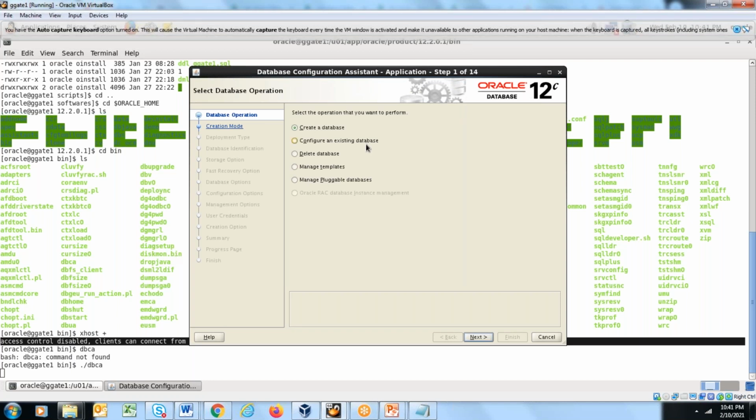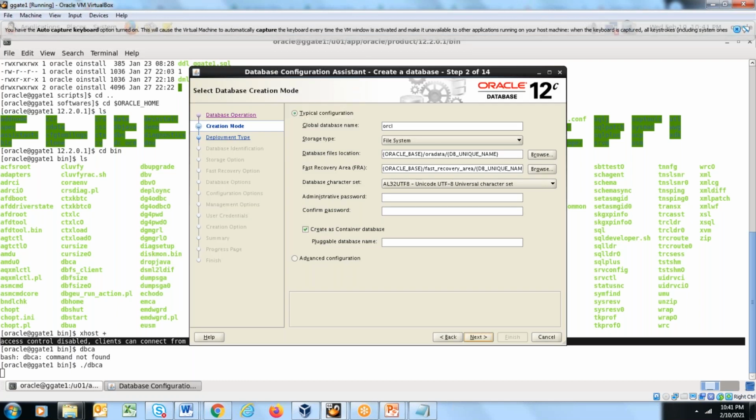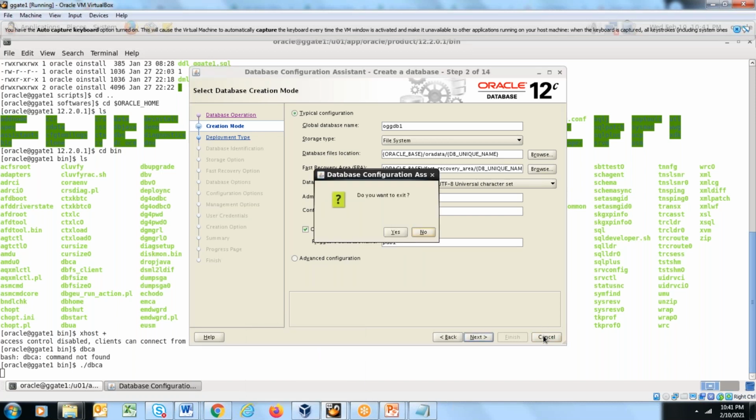Click on create a database, then select the global database name as OGGDB1, and provide the administrative password as welcome1 or whatever you want. If you want to create a container database, this needs to be checked, and you need to provide the pluggable database name like PDB1. Then click next and follow the instructions to create the database. The binaries are already installed, but you have to create the database.